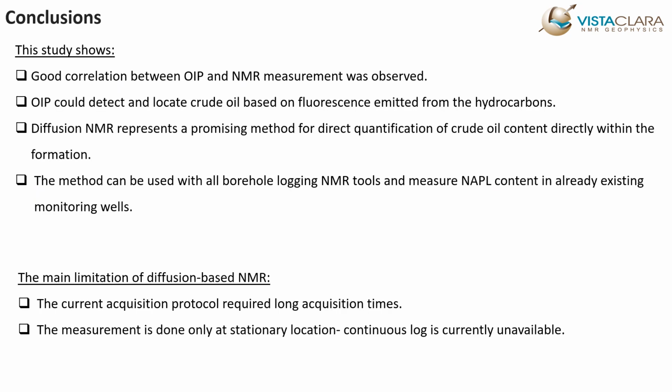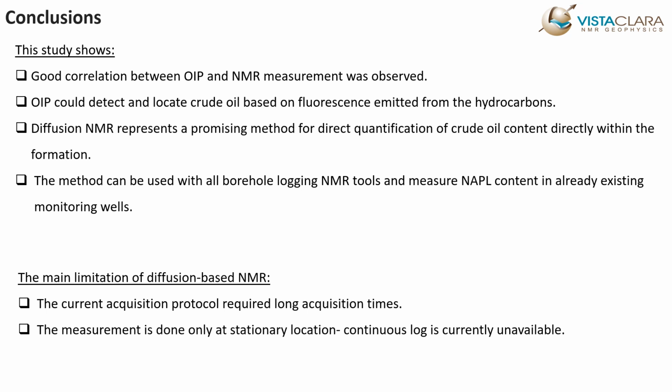So just to conclude this study, this study showed a good correlation between OIP and NMR measurements. OIP could detect and locate crude oil based on the fluorescence emitted from the hydrocarbons, and diffusion NMR represents a promising method for direct quantification of crude oil content directly within the formation. And here it's very important to mention that diffusion NMR can be used with all borehole logging NMR tools, because all of these tools have a strong magnetic field gradient,